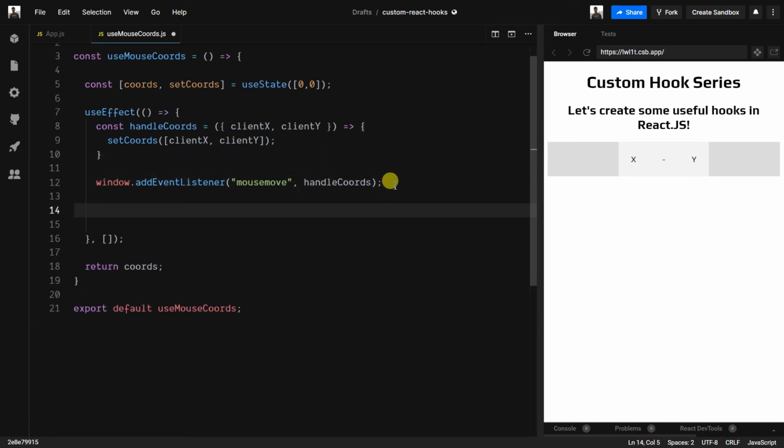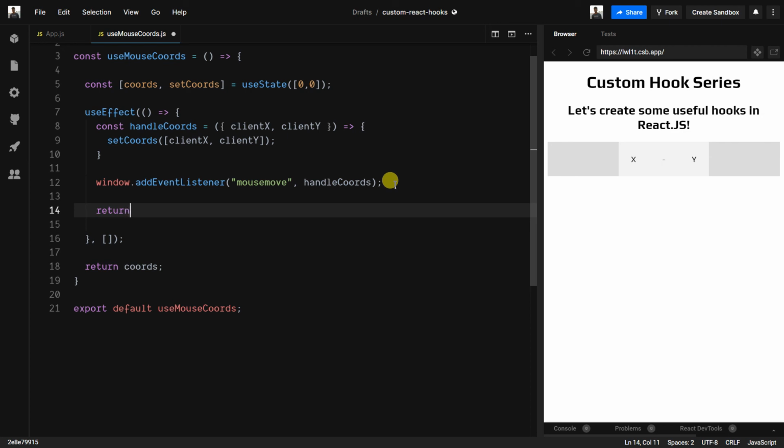If we leave this as is right now, it will lead to memory leaks, because our event listener will be continuously working in the background. To stop that, we can use componentDidUnmount, sorry.